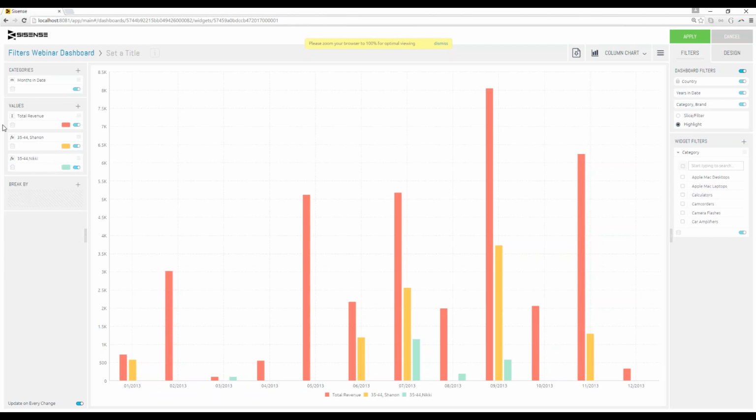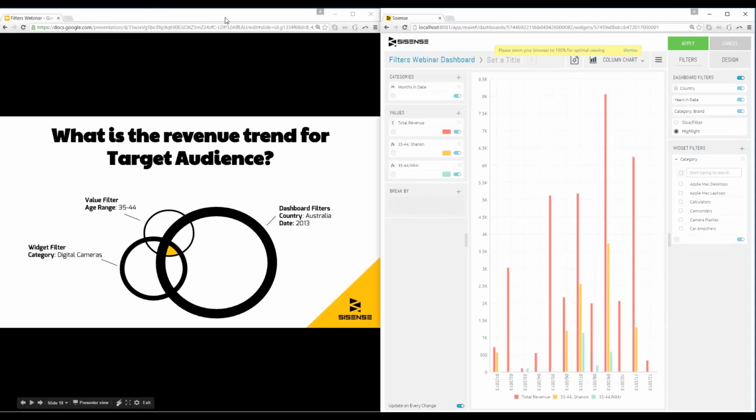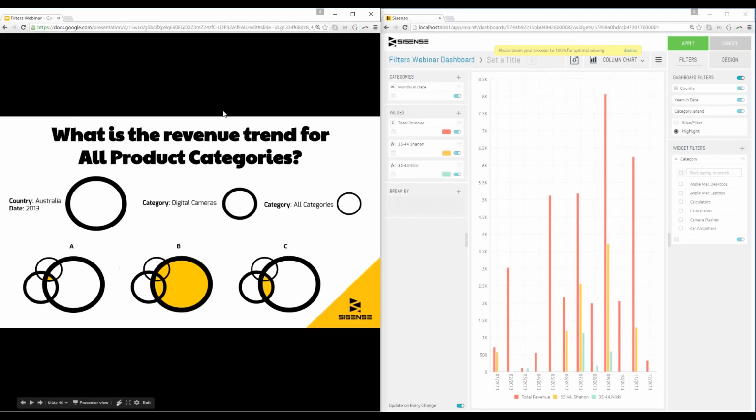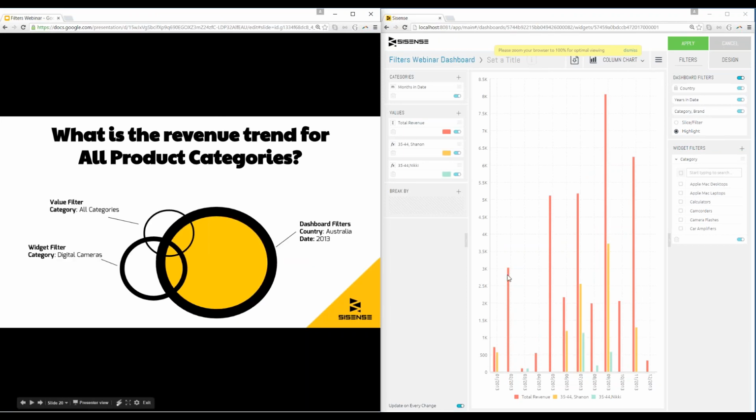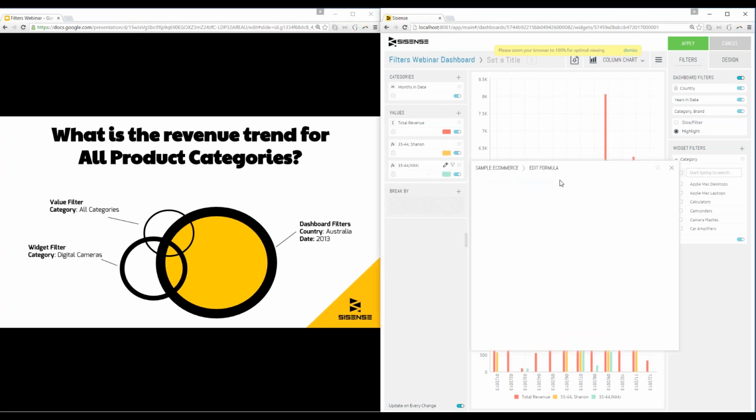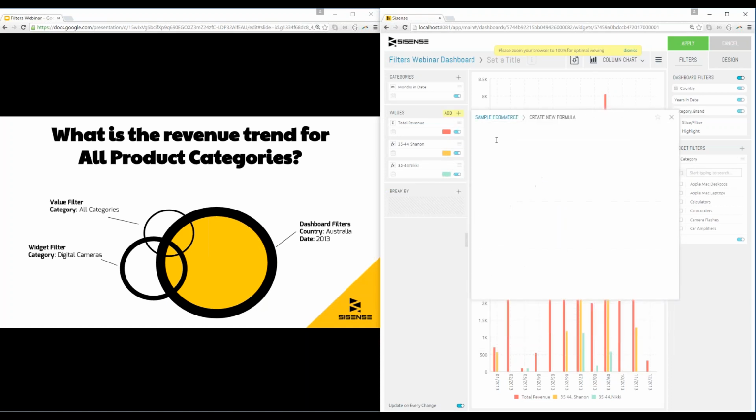And next, we might want to see a little bit more. We want to know, all right, what would be the revenue trend for all product categories? In this case, although we're filtering on the dashboard level and the widget level on category, right now we want to see another line here that will disregard all the category filters. We can do that with a special function in a similar method, where we copy and paste that,